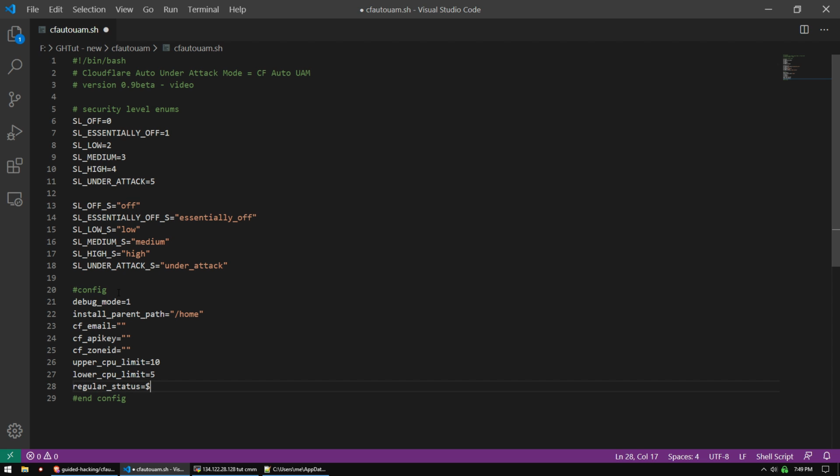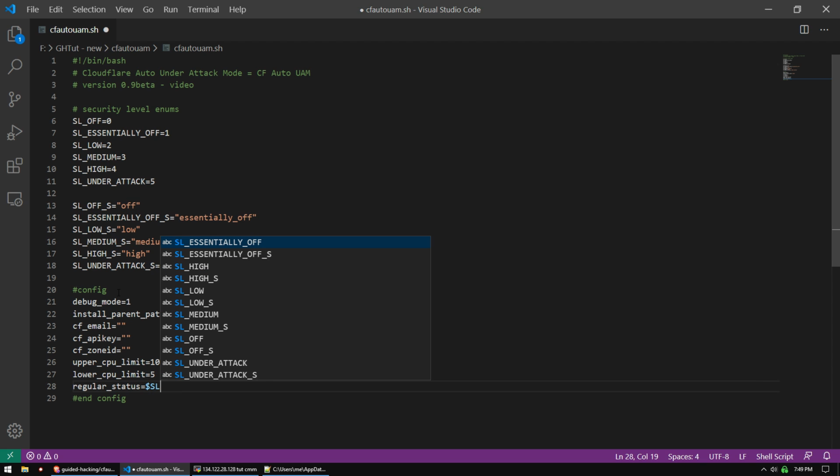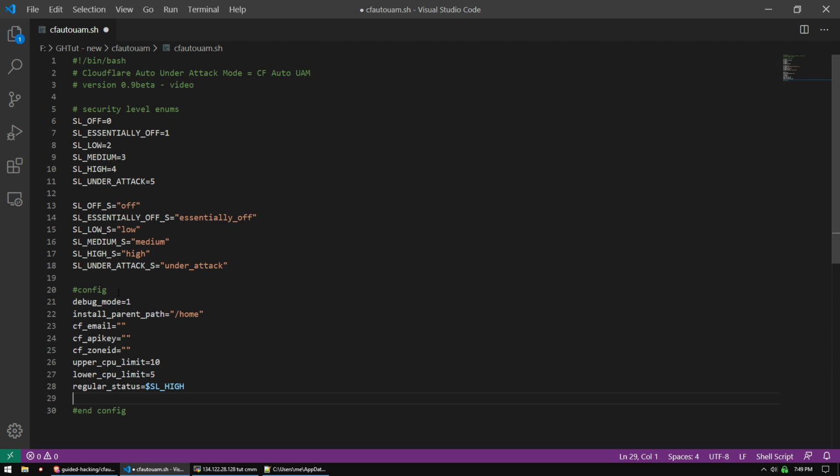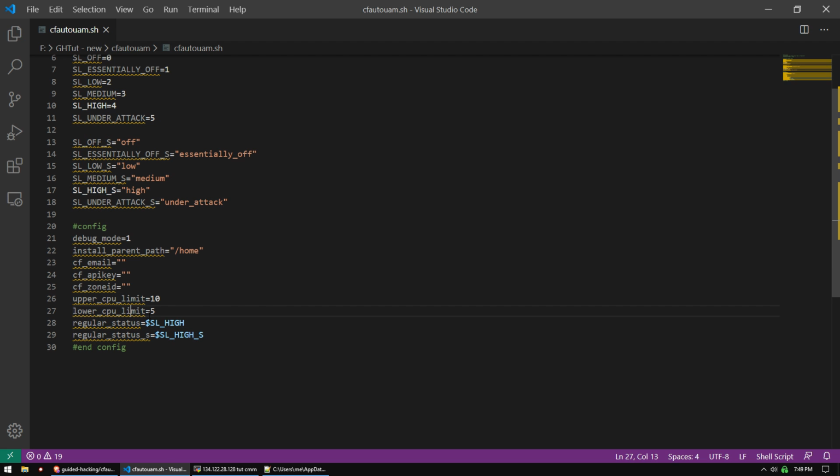Regular status is going to equal the $SL_high. So that's setting it to that SL high variable. We're going to do the same thing with a variable for the string itself, $SL high_s. So when you're defining a variable the first time, you don't need the $ to denote it as a variable type. It just knows that. But then when you're using it on the right-hand side, you need to use the $ to denote it as a variable. We're going to time_limit before_revert equals $, and we're going to put this inside of parentheses, 60 times